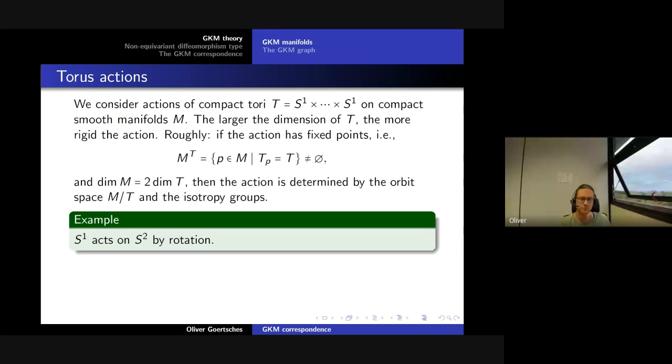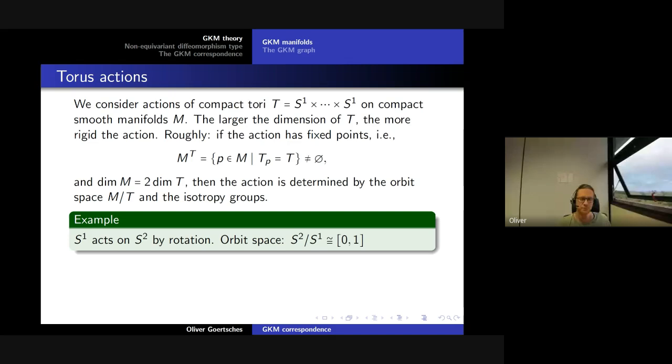So let's give some very easy examples. The very basic example is a circle acting on the two-sphere by rotation around some axis. Then I have two fixed points: if I rotate like this, the north and south pole are fixed, and all the other orbits are just circles. The orbits are parameterized by the height function, and the orbit space is just homeomorphic to a closed interval. So 0 and 1 correspond to the two fixed points,